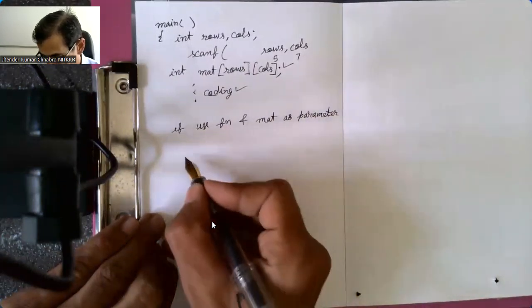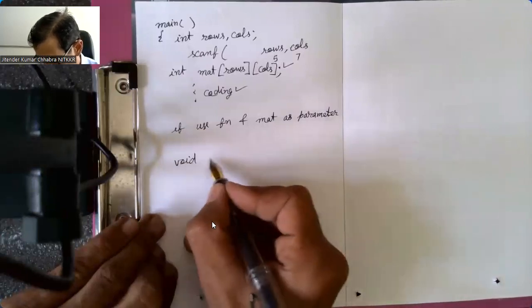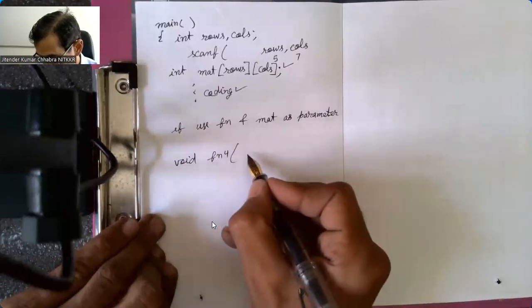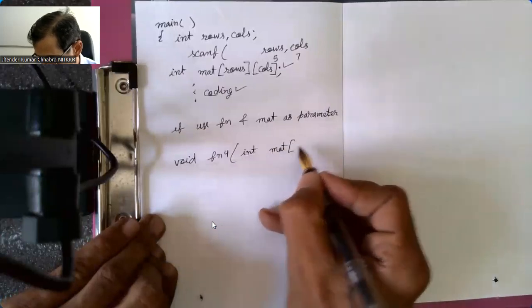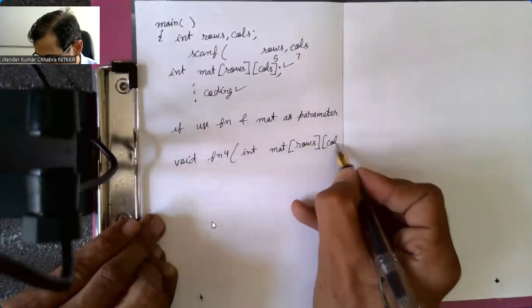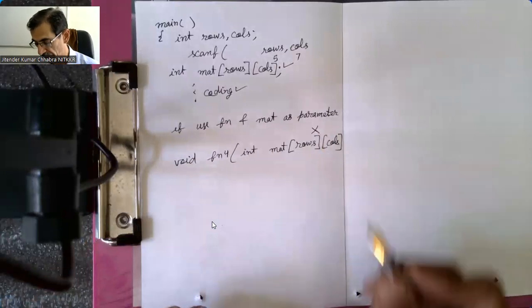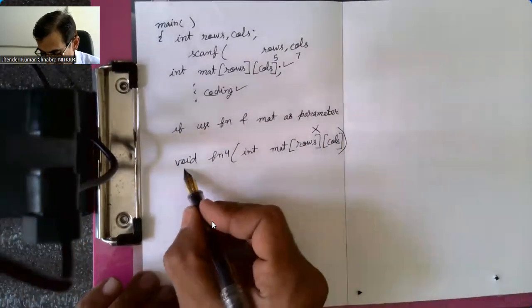What is the problem? When you pass a matrix via a function, say you have void function 4, and here you write int mat, rows and columns, like this, it is incorrect. It will not be acceptable. There will be a syntax error. If you try to remove the syntax error somehow, there will probably again be a problem, because internally